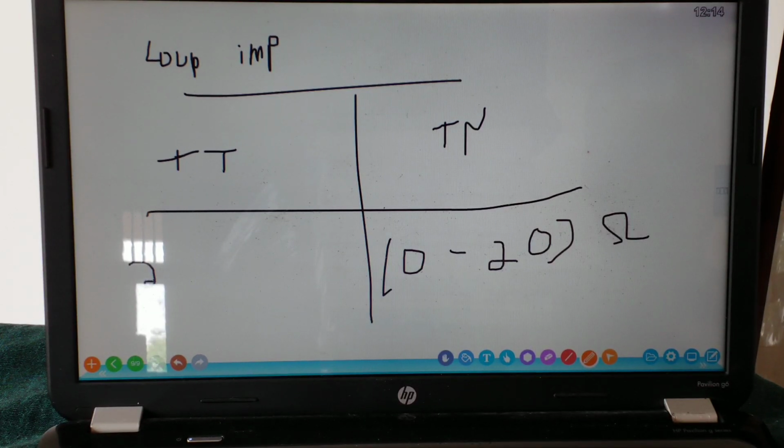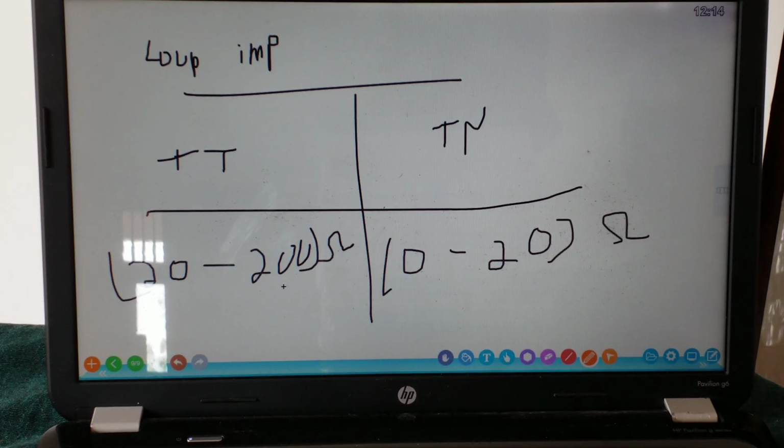Here loop impedance may vary from 20 to 200 ohms. This doesn't mean loop impedance cannot exceed 200 ohms. It doesn't mean that. There may be very high loop impedances, but the problem is you cannot put a protection scheme against that sort of loop impedance. The fault may sustain for